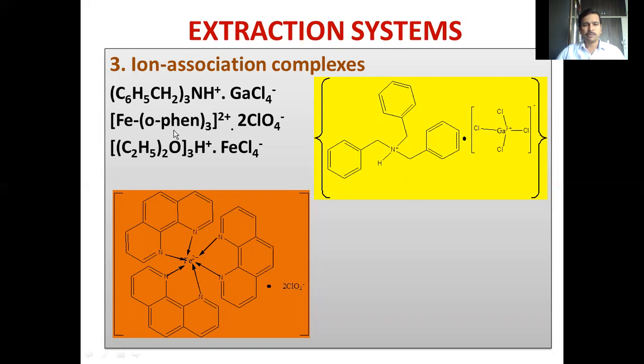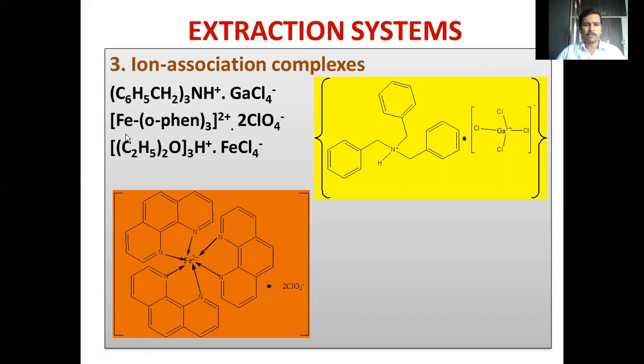Ferroin is the trivial name. Its IUPAC name is, it is a 1:3 complex of iron(II) and 1,10-phenanthroline. This complex is divalent in nature. It is positively charged. The residual charge on this particular complex will be 2+. So the aqueous solubility of this complex is high, and we cannot extract this ferroin into an organic solvent.